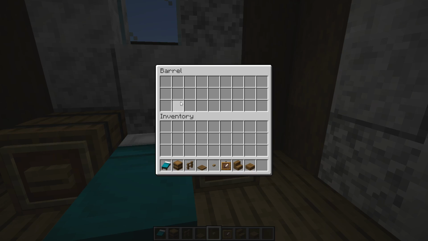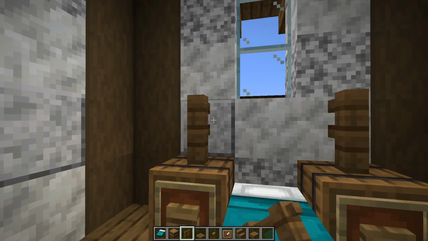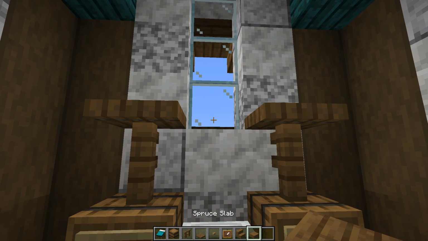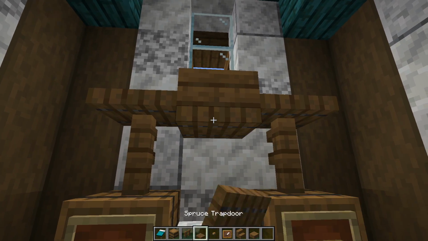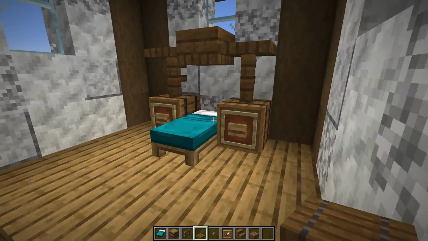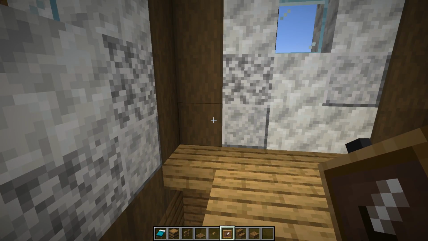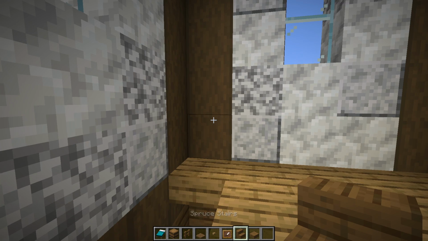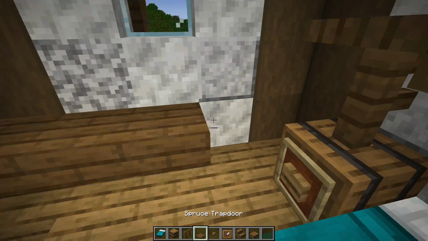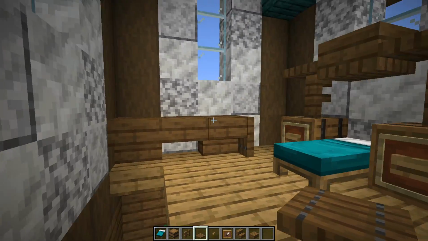I think it's pretty fun. And of course you can access the barrel too. But on top of the barrel, we're going to have a spruce fence with a spruce trapdoor on top of both of them, and then a spruce slab in the center, and a final trapdoor underneath it. So that is just a little bit of a cool bed design. And what we can then do over here in this corner, just where the staircase is, we can have an upside down spruce stair here, as well as here, and then a slab in the center. And lastly, we just want to cover that side up with a spruce trapdoor to make a nice little table,